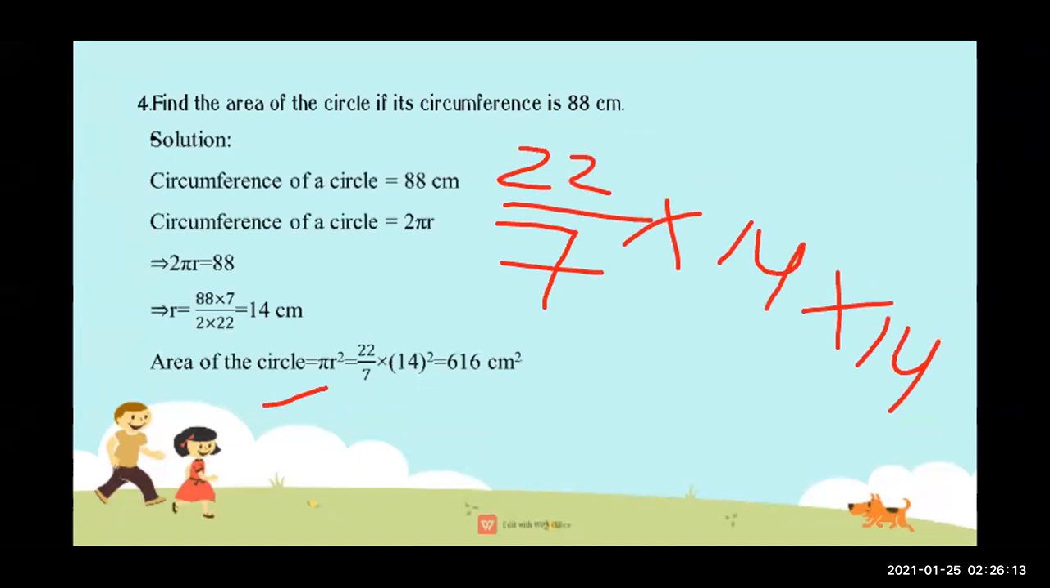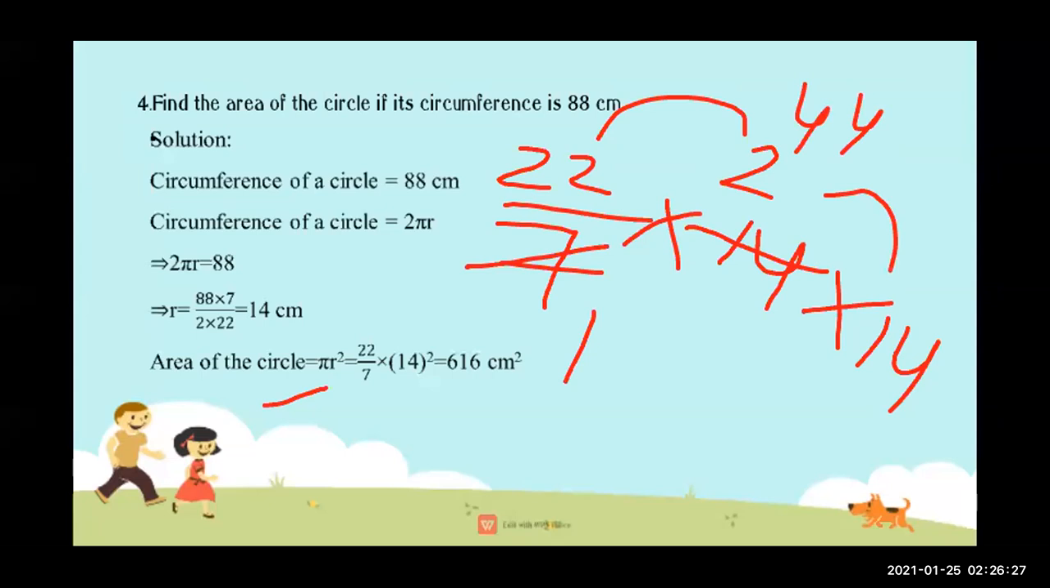Now we have to do the cutting: 7 ones are 7, 7 twos are 14. Now 22 multiplied by 2 is 44. Now when we multiply 44 by 14, we get the answer 616 square centimeter. So our area of a circle is 616 square centimeter. Now here we have completed our chapter